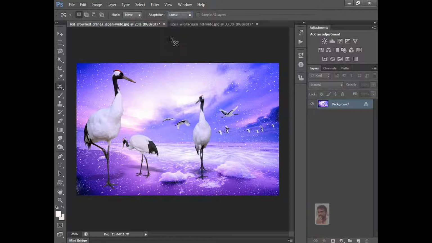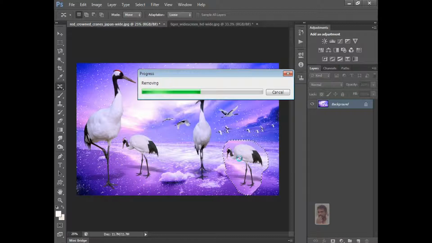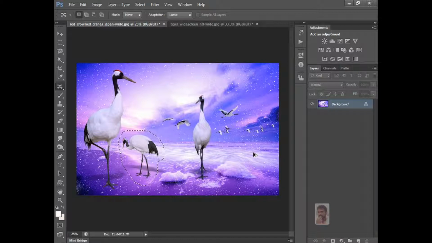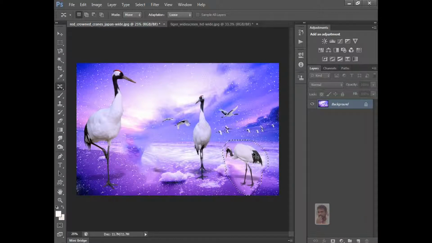Okay, the option will be move from here, like without damaging the background. Like we can use different tools like the lasso tool and those tools, we have to select the thing and we have to separate it. But this is not like that, just move it. Like this it will merge here. This is like before and after, before and after. This is the use of the content aware tool, its move option.